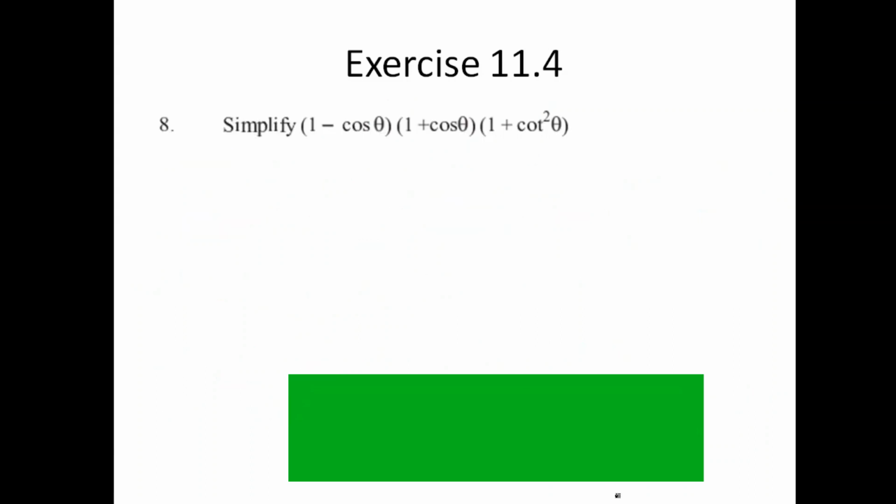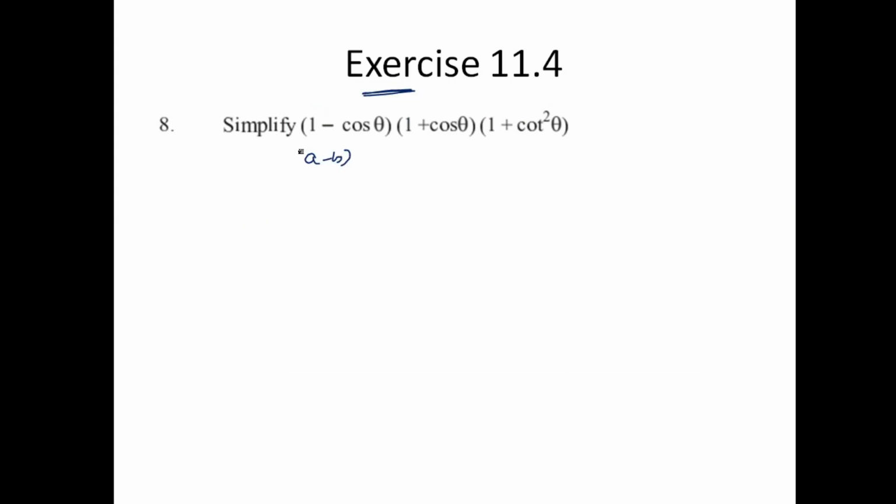Okay. So let's look at the next sum. This is A minus B, second as A minus B and as A plus B. The resultant of these two is A square minus B square. So I can write this one as cosec square A square minus B square, isn't it? Into what can I write? I can write 1 plus cot square theta directly, into cot square theta directly.